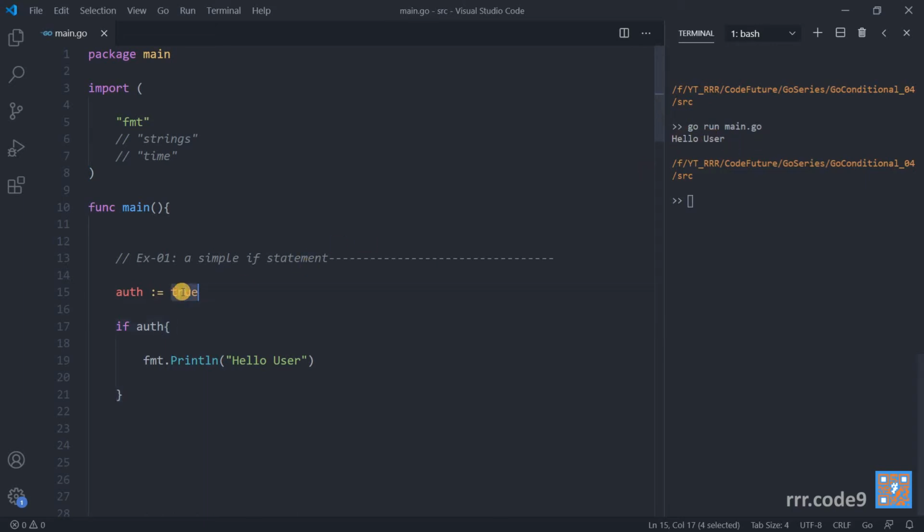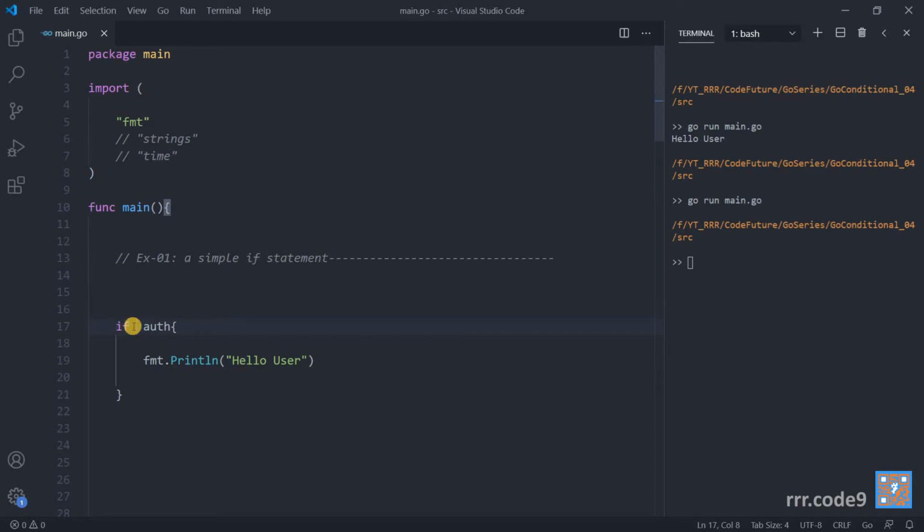Let's make it false and see the result. So here the code is executed, but nothing has been printed, right? So pretty simple. Another option that we have in Golang, we can initialize this variable inside this if statement.